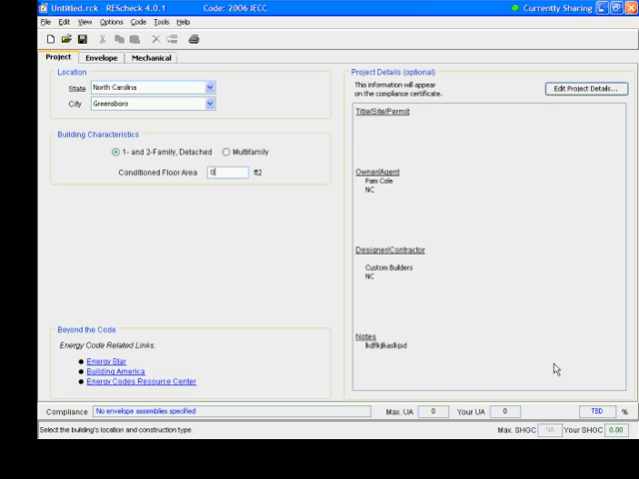The max UA and your UA, same as it's always been. Max UA comes from the baseline of the code. Your UA is your proposed UA, which is U factor times area of your entire building envelope that you've entered into REScheck. TBD, to be determined. We don't have anything in this. I haven't even opened up a data file yet, so I don't have any compliance